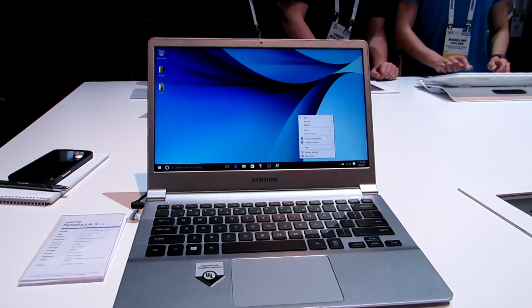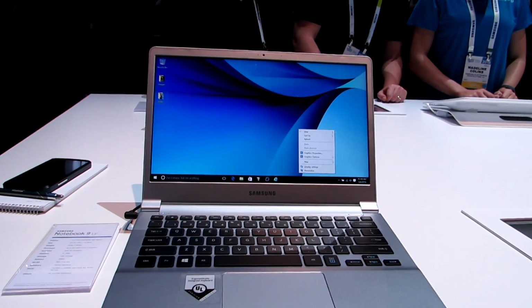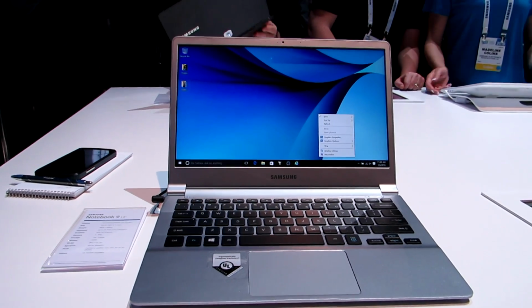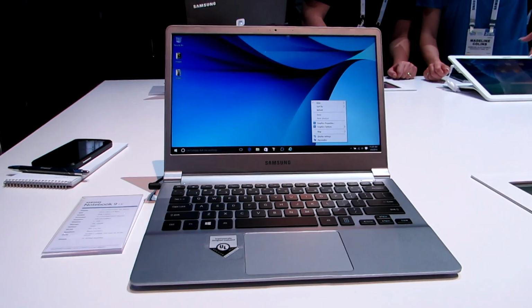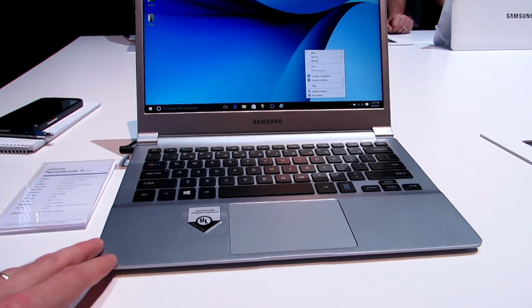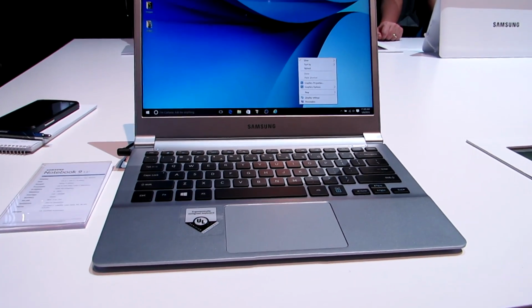Hi, this is Brad Linder with Liliputing, and this is the new Samsung Notebook 9 13-inch thin and light laptop. It's the evolution of the old Series 9 or ATIV Book 9. It looks almost identical at first glance to a model that I've been using since 2012, but mine is a 2.4-pound laptop, where this is one that actually weighs just 1.85 pounds, has an Intel Core